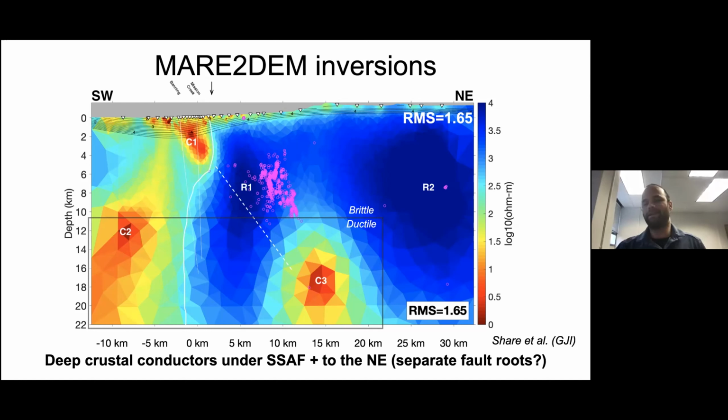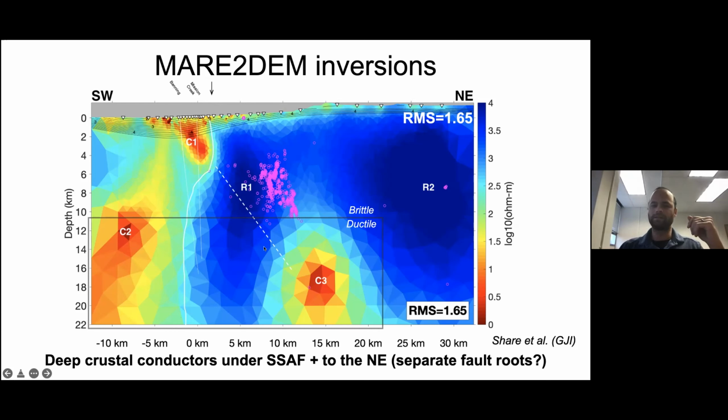And so what exactly makes sense here? There are two hypotheses that we came up with in this paper, which is in review right now. It's quite clear that we must have some steep northeast dip in the upper crust. But deeper down, you've got two scenarios. Either the San Andreas fault proper or the fault zone becomes more vertical at greater depth, and it is this barrier for fluid migration towards the northeast, or it continues from where C1 is, and it manifests as C3